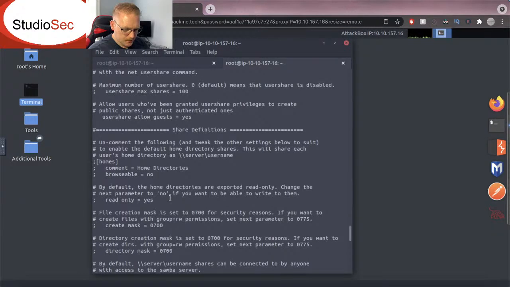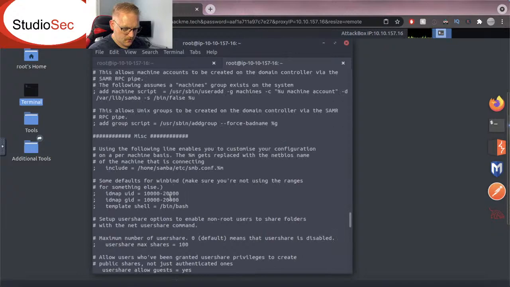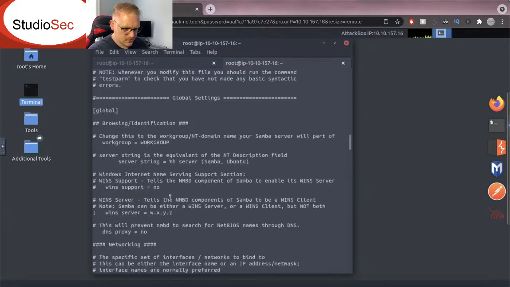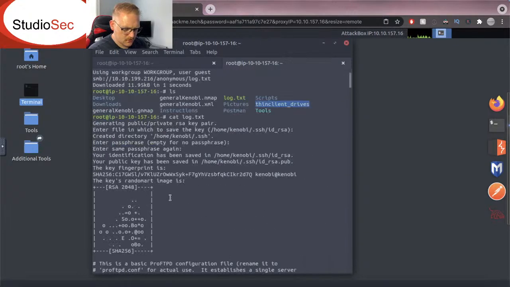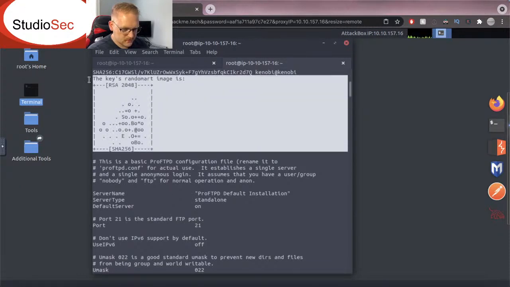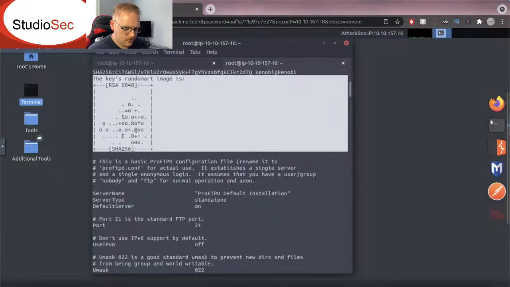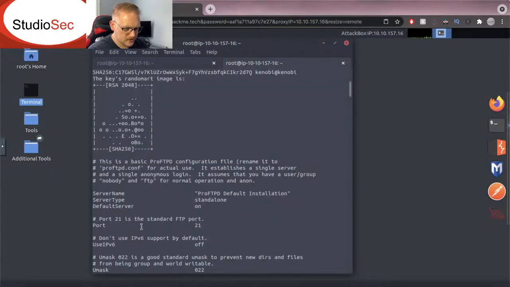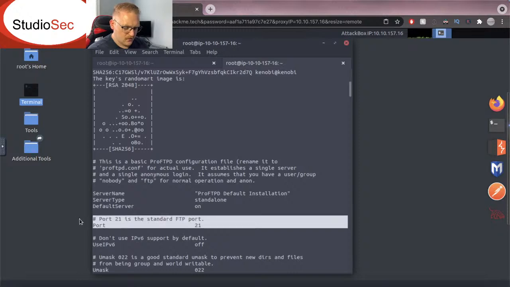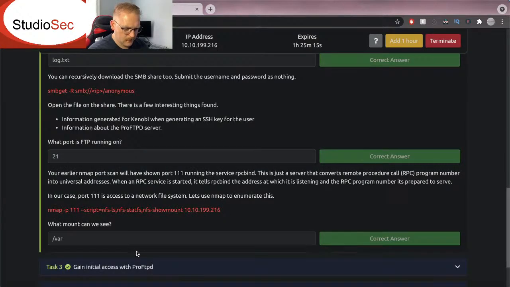So scrolling up, I mean, we're seeing a ton of stuff. This is large. Oh, you know what? This is what it's talking about. We get an RSA key. That's something we care about deeply. And the port is running FTP 21. We see that down here. Wow, so this gives us all kinds of crazy stuff. Okay, so